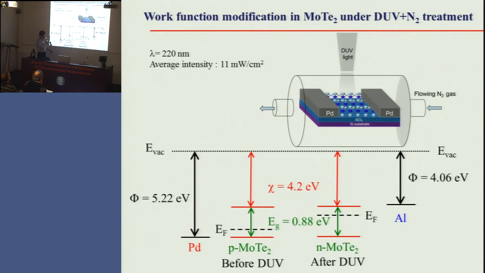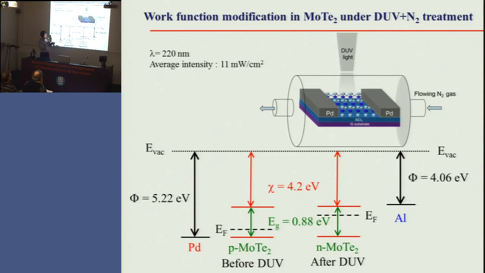So tellurium, telluride, okay, sorry. So MoTe2, I call it. I can make this material P-type or N-type by doping. My doping technique is just to shine a deep UV light like this.